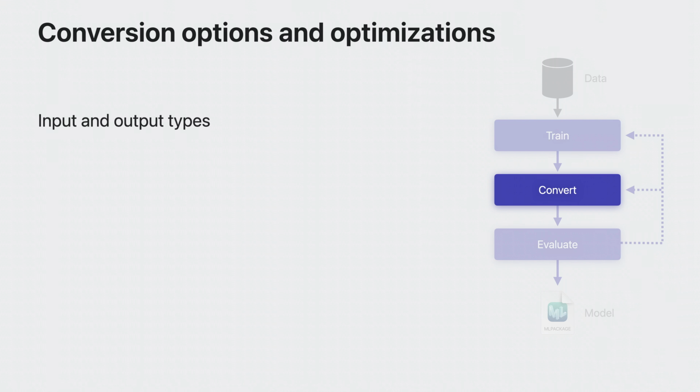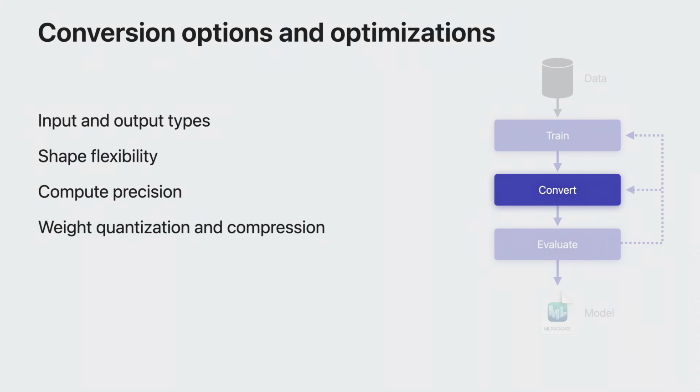CoreML Tools offers various options to help optimize the converted model's precision, footprint, and computation cost. You can select input and output formats that best match your app's data flow to avoid unnecessary copies. If your input shape can vary, you can specify that variation, rather than choosing just one shape or switching amongst multiple shape-specific models. Compute precision can also be explicitly set for the whole model or individual operations. Both Float32 and Float16 are available.